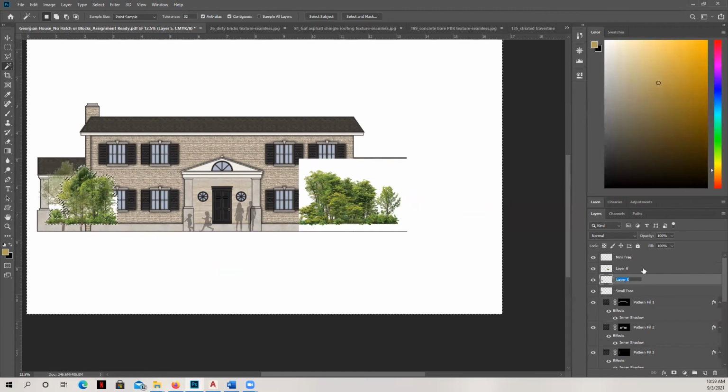I should name this vegetation left. And we will call this one vegetation right.